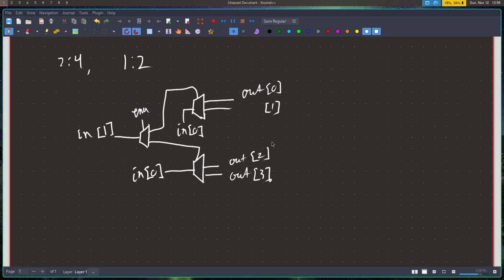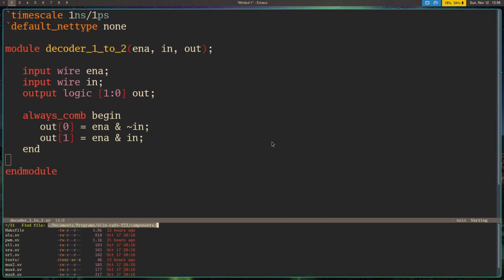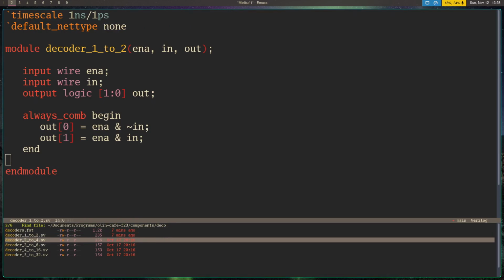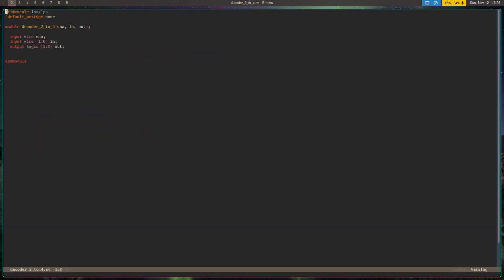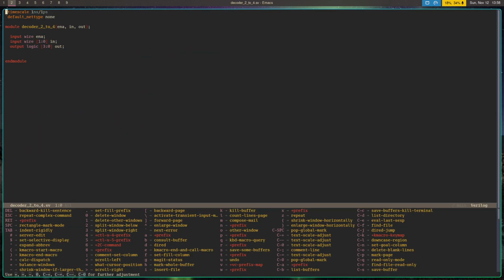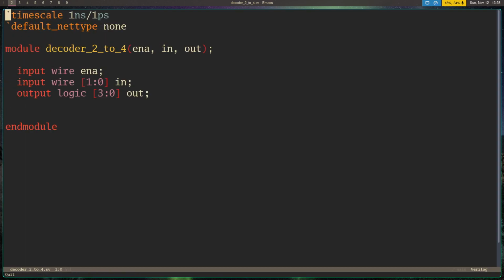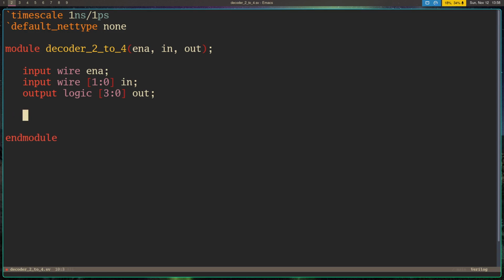How do we do this in HDL? This is a great way to explain how you instantiate modules inside of modules. So if we do decoder 2 to 4 SV, and we were to say make it bigger, well, instead of doing an always_comb and implementing our truth table, we're going to instantiate